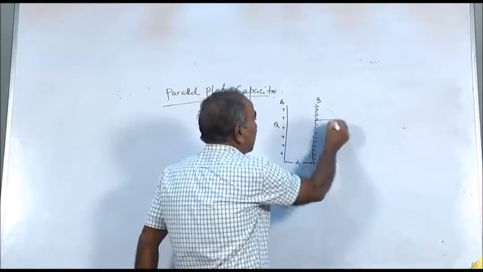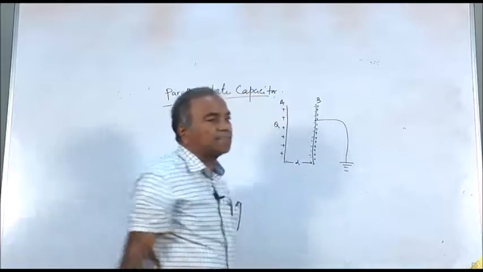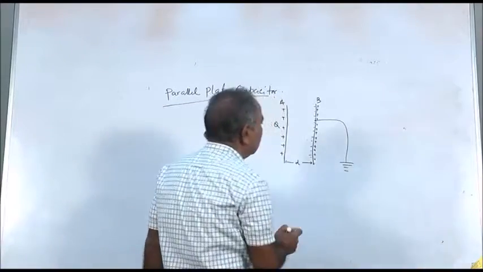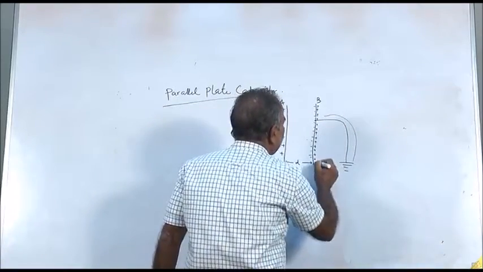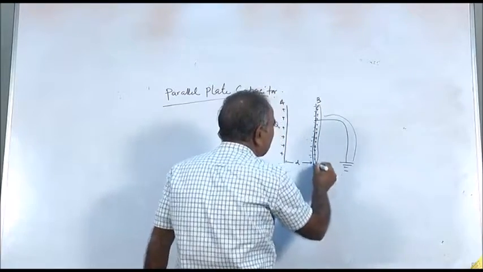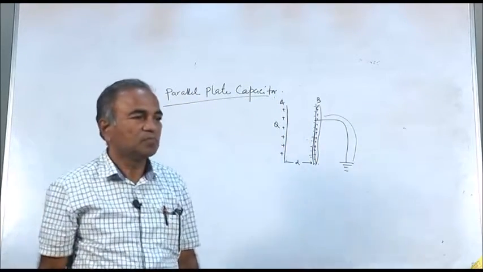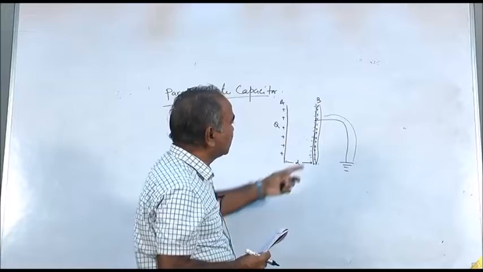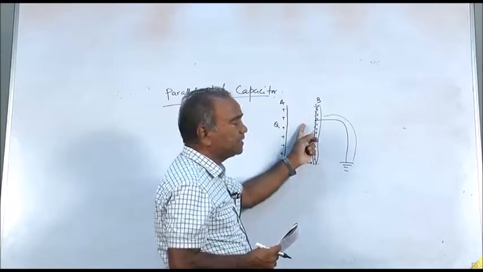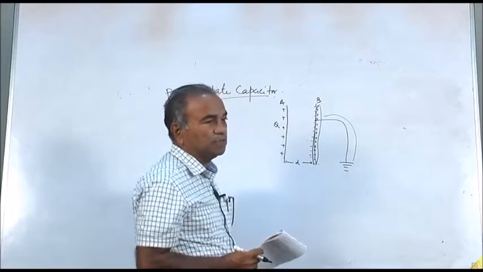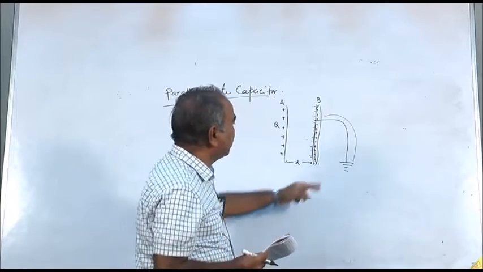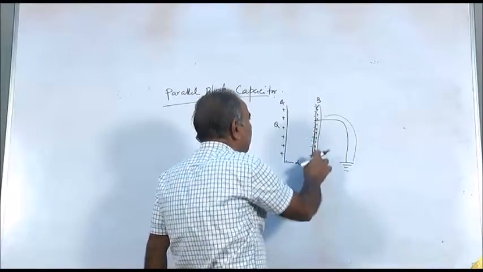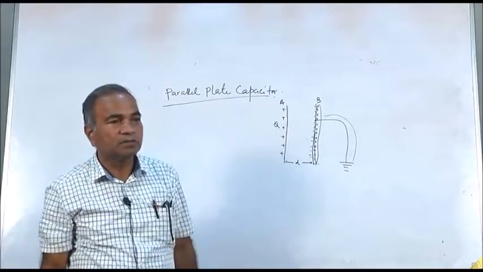Now you connect it to earth, and I have told you that earth has zero potential. So when it is connected to earth, electrons will flow from earth and will neutralize the positive charges. That means before connecting to earth, there are equal numbers of positive and negative charges, so plate B was electrically neutral. But when it is connected to earth, electrons will flow from earth to plate B and will neutralize the positive charge. So what will remain?